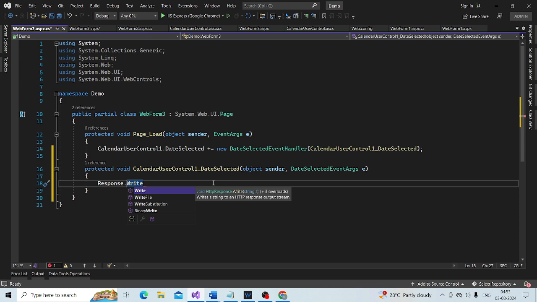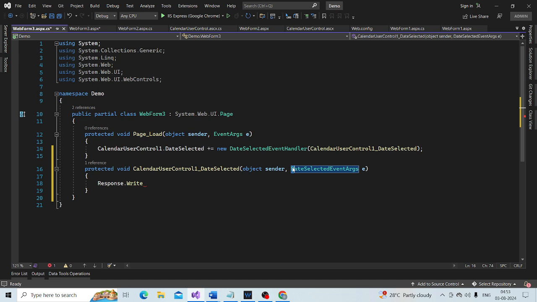How do I get that selected date? Using that object that is coming into this event handler method.